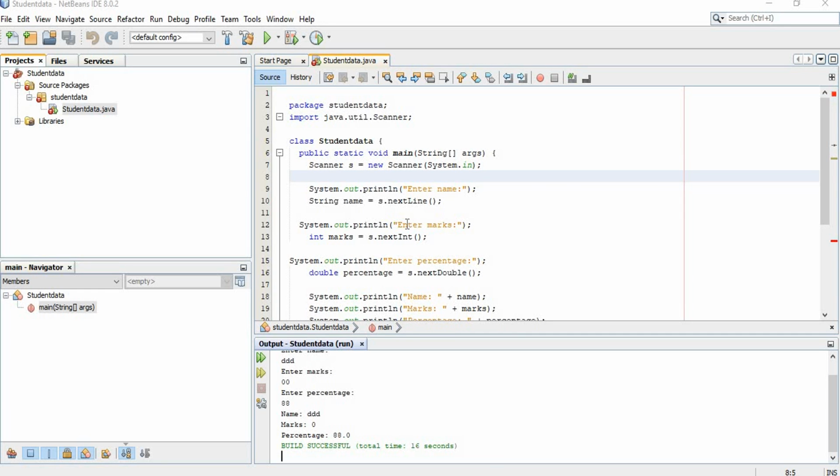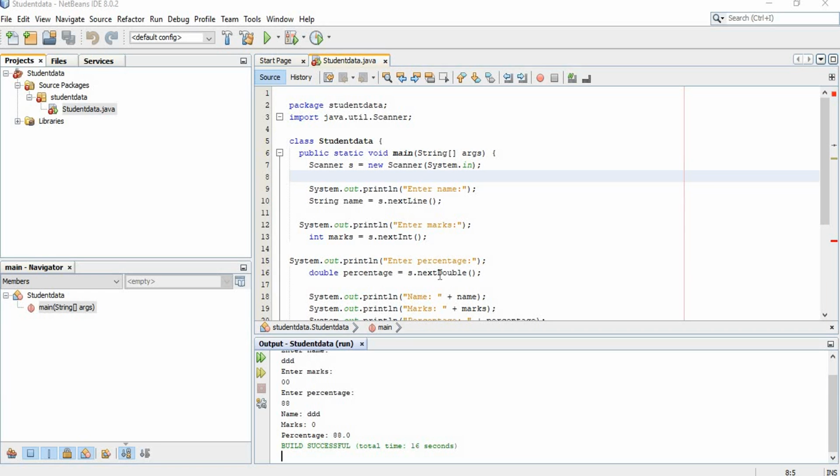Similarly, if I want to enter marks, I write it in System.out.println. Marks is a number, so I specify the data type as int, and the method for reading numbers without a decimal point is nextInt, which I can also use with the Scanner object, which is s.